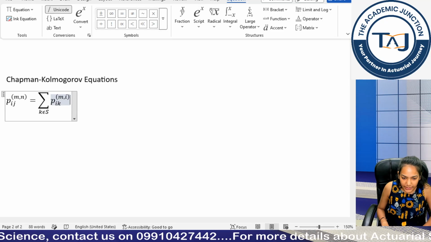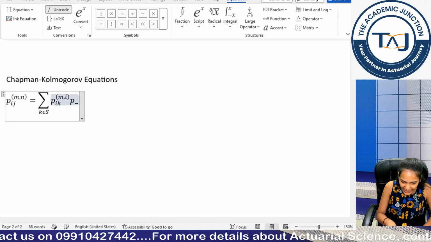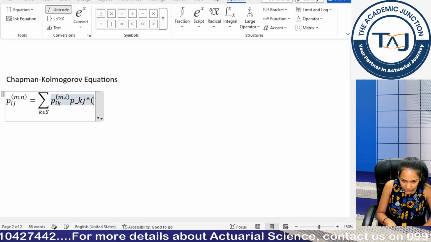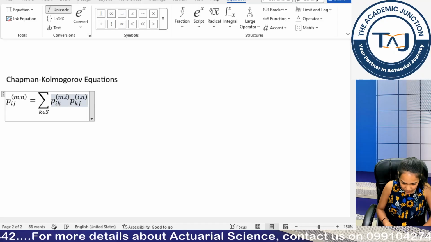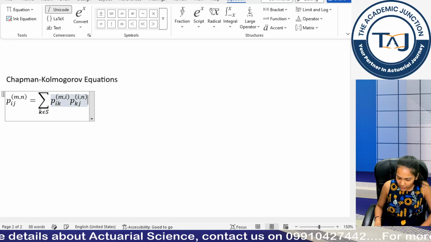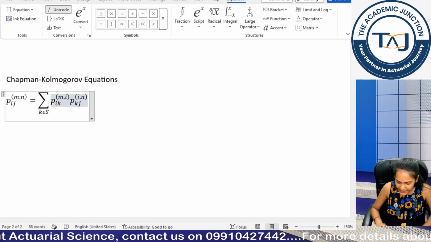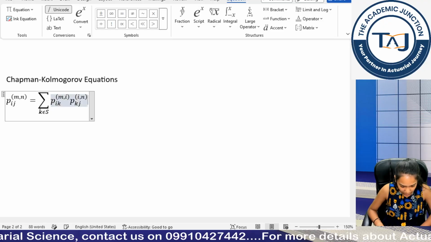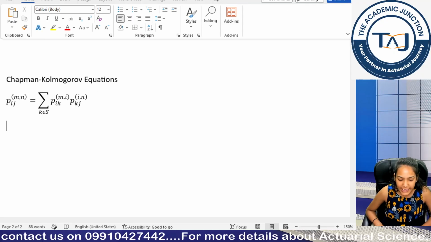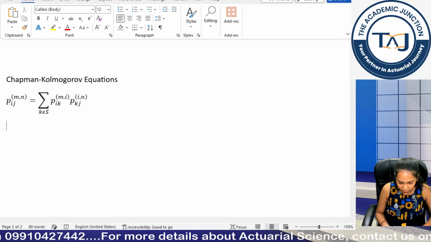Clear guys? Then we have pkj, so I can either copy paste it, but it will be easier to type the whole thing again because it's not taking that much time. Clear guys? This is how you can write in equation editor. Now, you can see this grayish bar, this means we are still within the sum. If I press enter, it will go within the sum only. So, I have to use forward arrow key to escape this sum and then come to the next part. Clear?